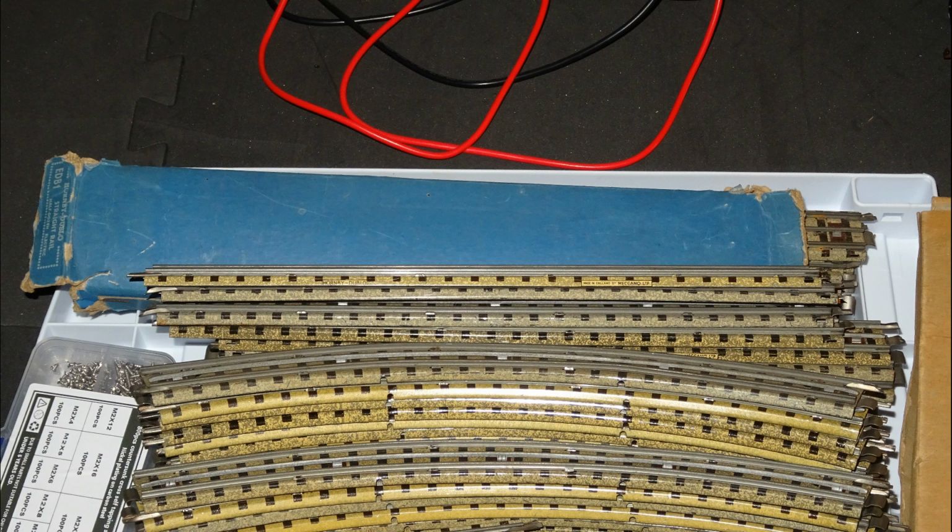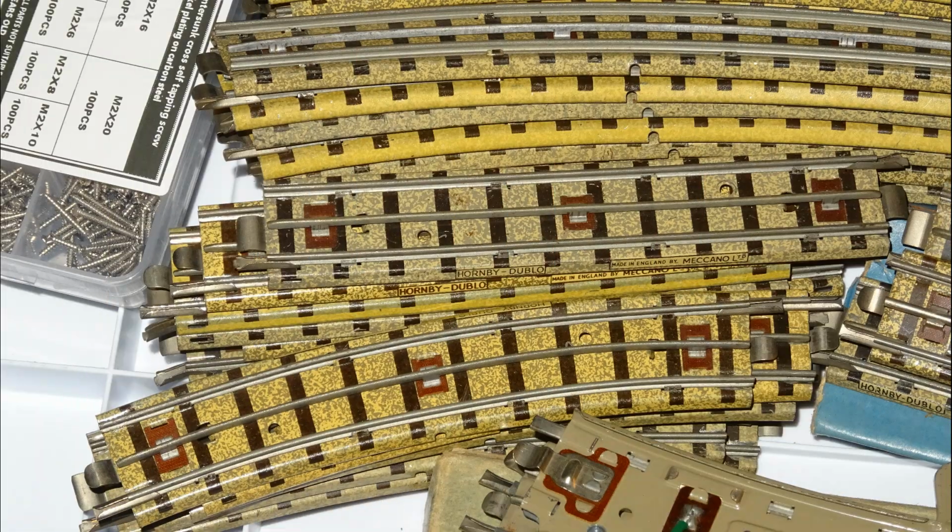I also got with this lot a substantial number of standard curves and standard straights. The blue box at the back is also full of standard straights. There were a number of half-straights and half-curves. The half-curves are required with points if you want to turn the branching line back to be parallel with the